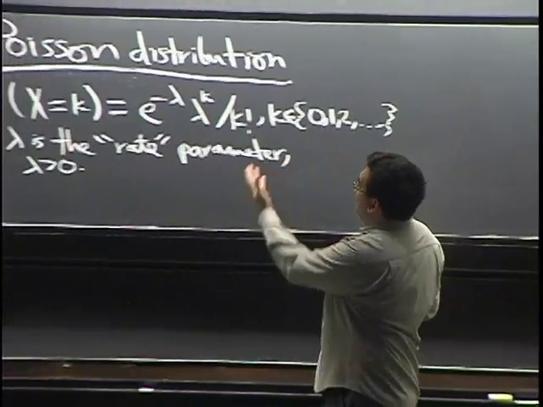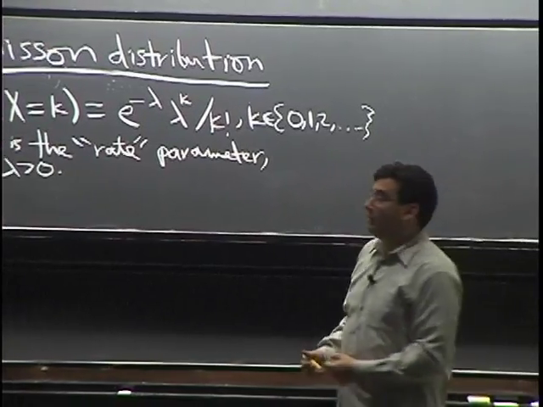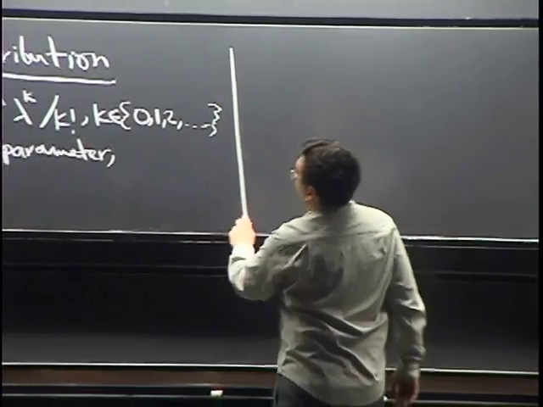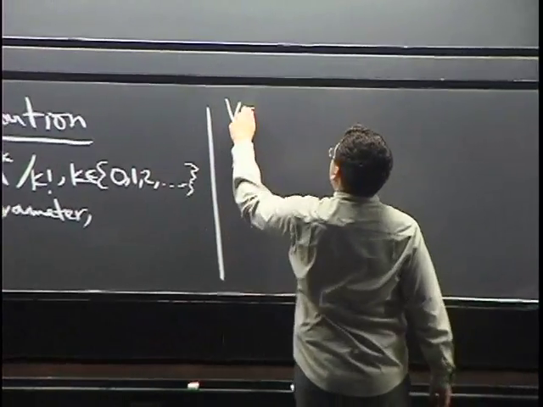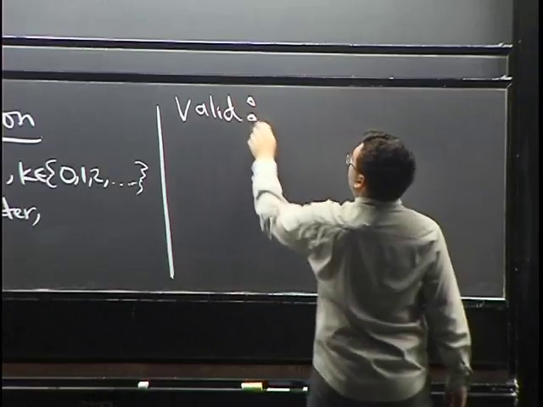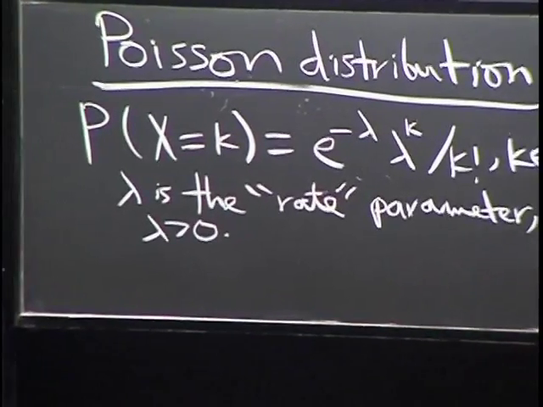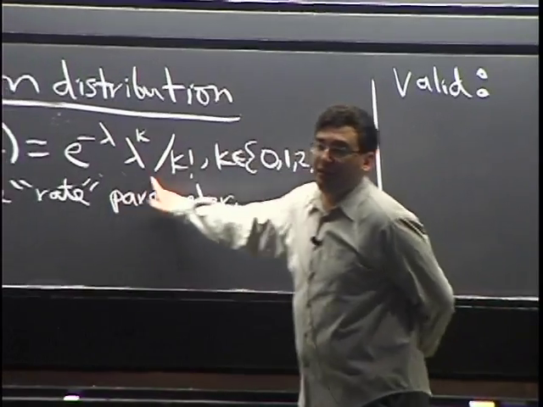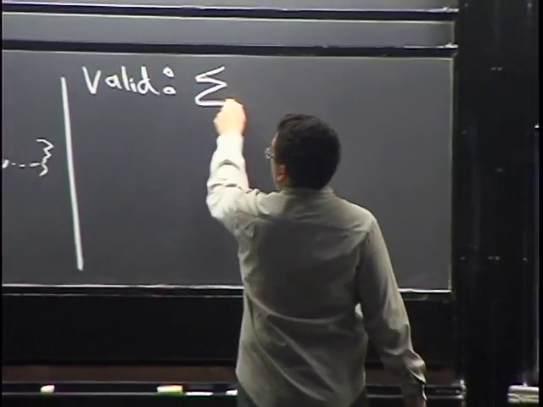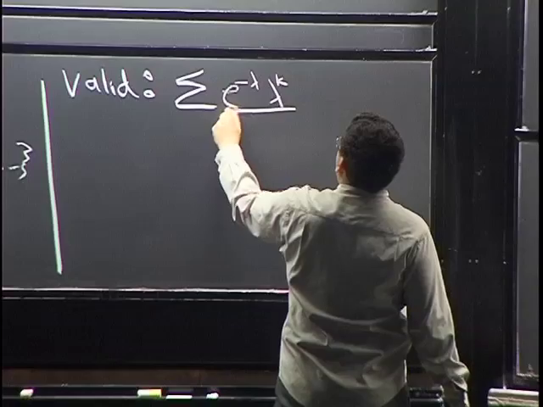All right. So, I just wrote this thing down, but that doesn't mean that it's useful for anything. So why do I say this thing is so important? Well, before we can do that, first let's check that this is a valid PMF. Is this actually a PMF? Well, they're non-negative, so the only thing that we need to check is that these numbers add up to 1. And that's very easy because if you add up e to the minus lambda, lambda to the k over k factorial,